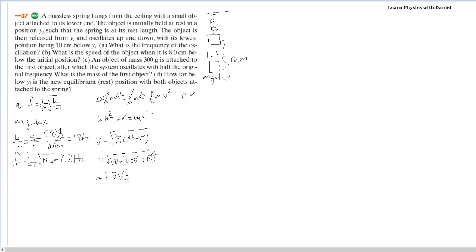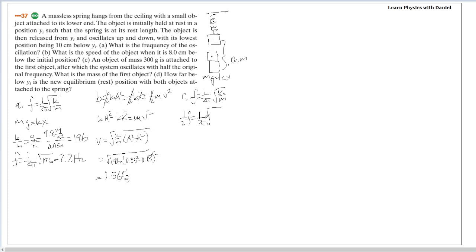Alright, so for part C, we attach a mass of 300 grams to the first object, and now our frequency has been halved. So frequency is 1 over 2 pi times the square root of k over m. You'll notice that obviously we can't change 2 or pi, and k has not been changed, which means that our m has been changed. So to get half the frequency,